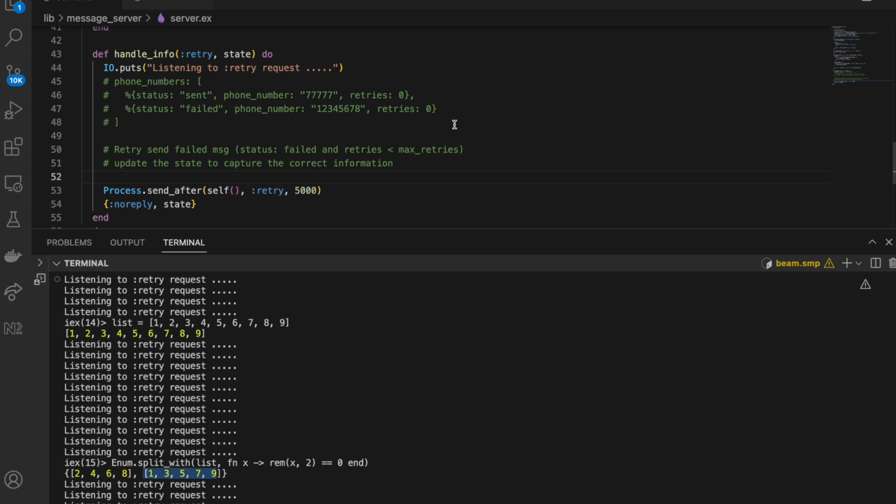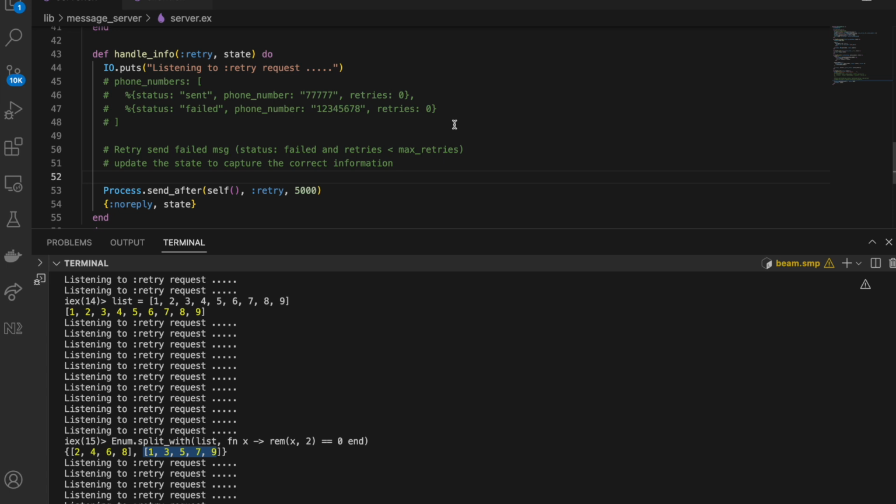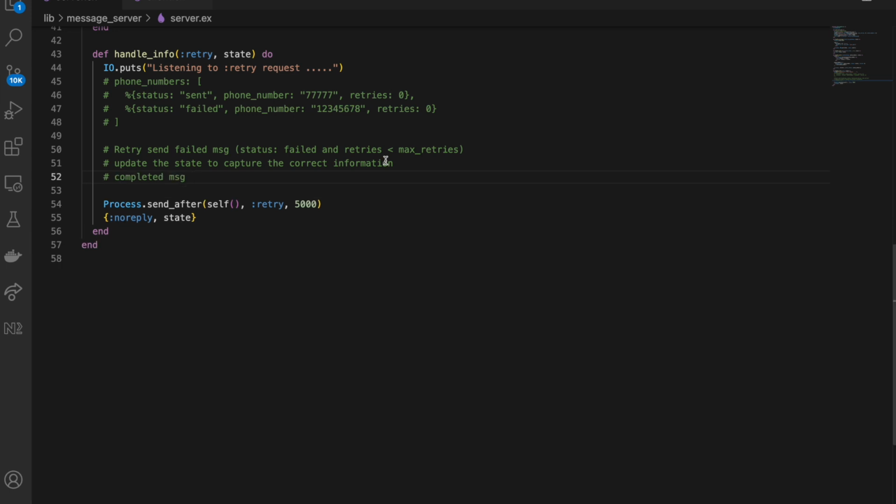Implementation here will be, I want to get the list of failed messages and I want to get the list of completed messages. So completed messages will refer to the messages whose status is failed or sent. But now the difference, yes, the status can be failed because we retried many times and we also reached the max retry, but still are getting failed status. So that means that we have completed